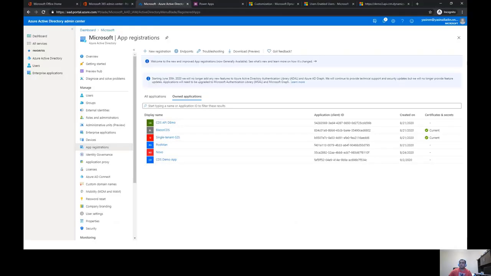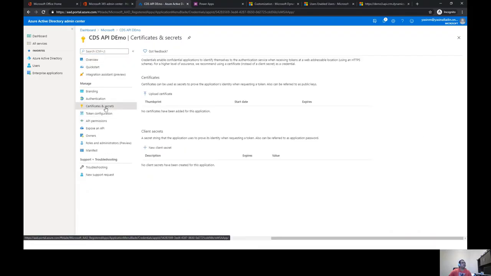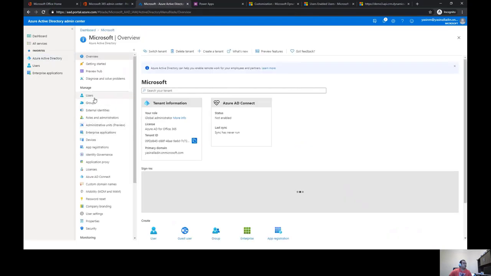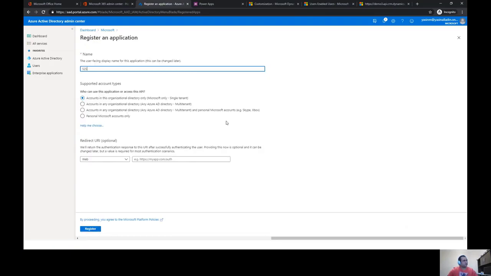I'll just show you the difference between the two around the registration, what you need to do. So the only difference between passing a user's context and creating an application account is you would need to do an extra step around a client certificate. So you would go here and create a new certificate. So if I just go and create a new app, say app registration, my initial steps would be S2S demo. I'll leave it the same.